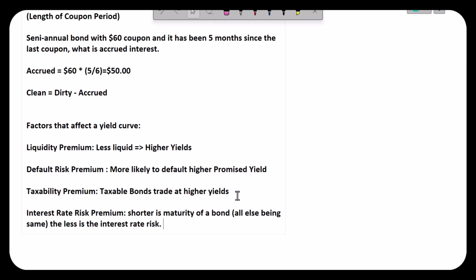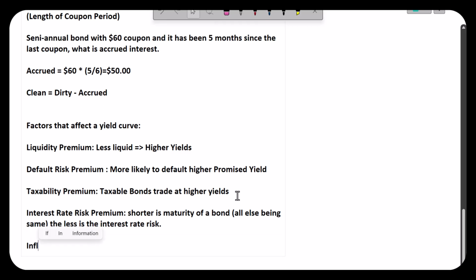So if I'm going to be holding a longer maturity bond, I want compensation for that. In fact, that is the main reason, in the absence of inflation going down, why long dated bonds have a higher yield compared to shorter dated. Because I'm buying something riskier. The promised rates may be exactly the same, but I'm buying something riskier, so you have to compensate me.